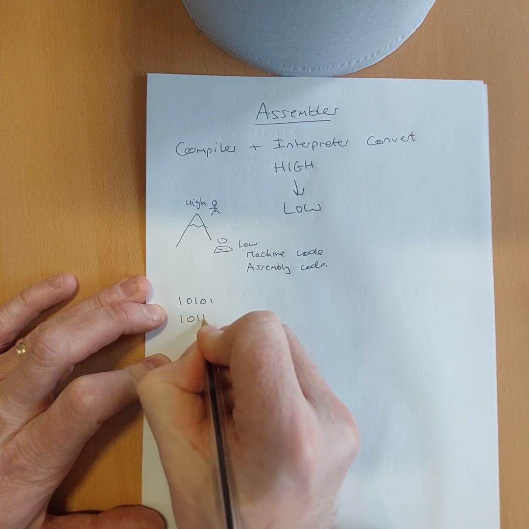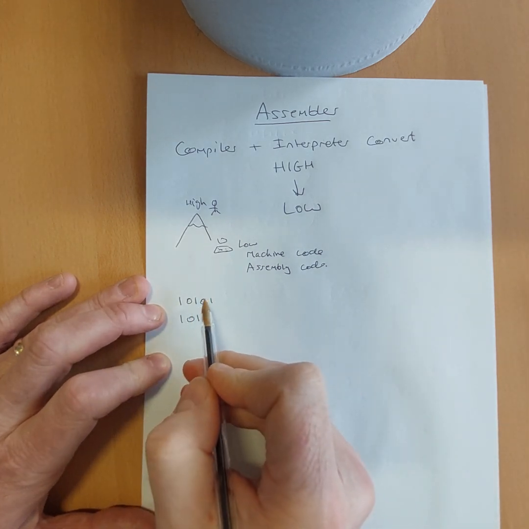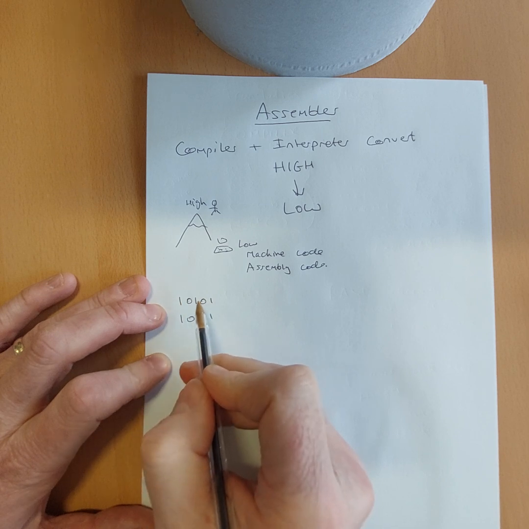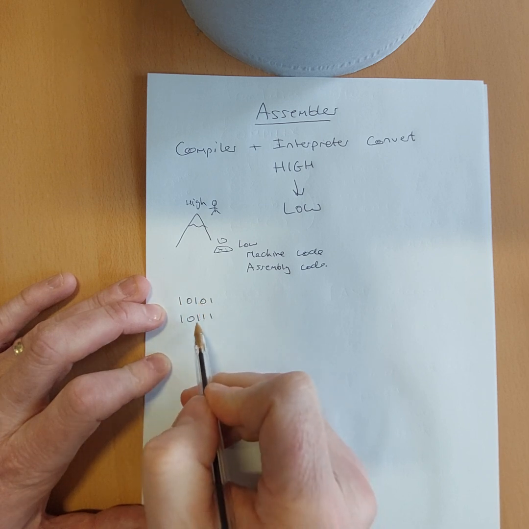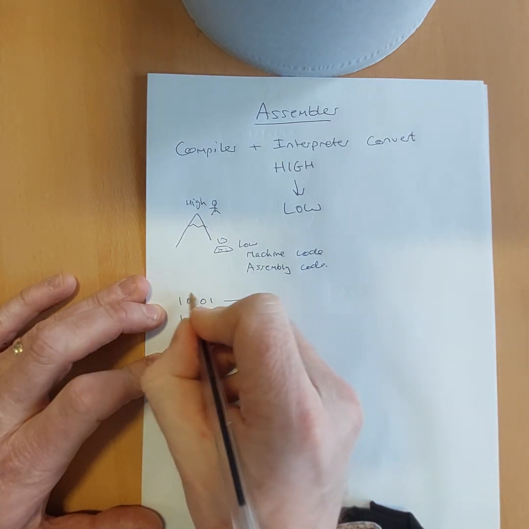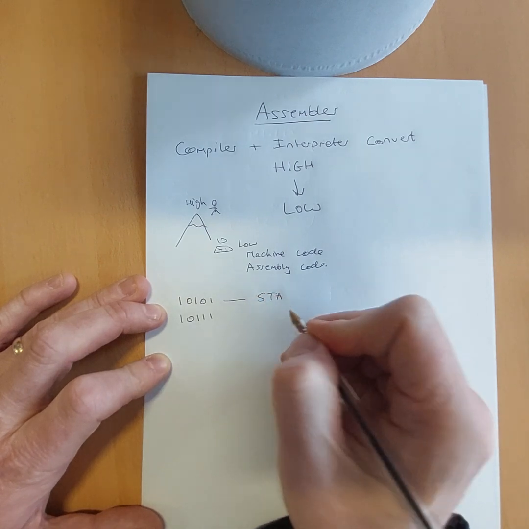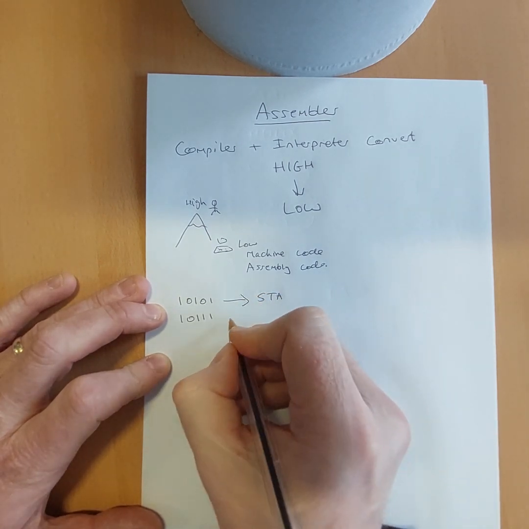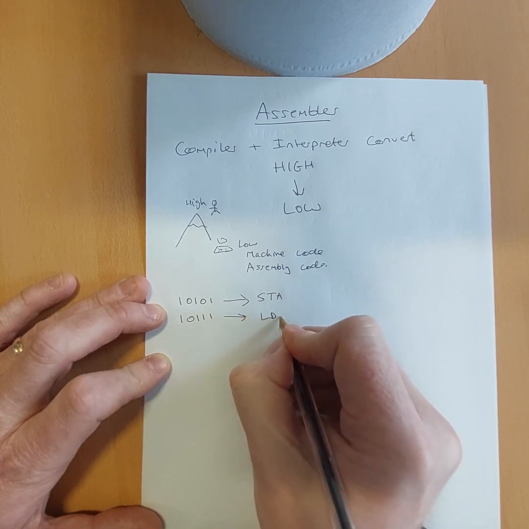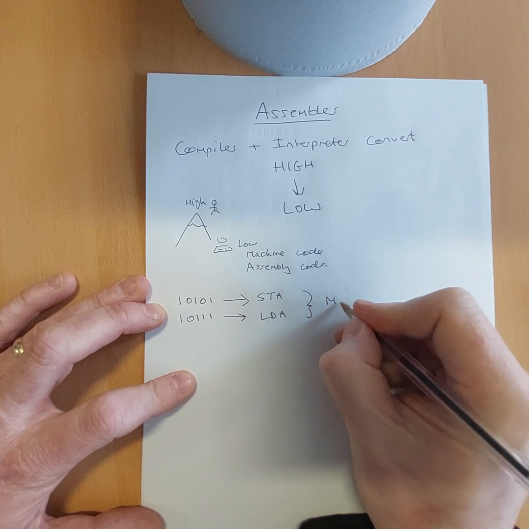So if I just write out two bits of binary here, imagine this bit of machine code is to store something. This bit of machine code is to load something. So assembly code simply replaces the ones and zeros with some letters. So we have STA for store, LDA for load, and we call these